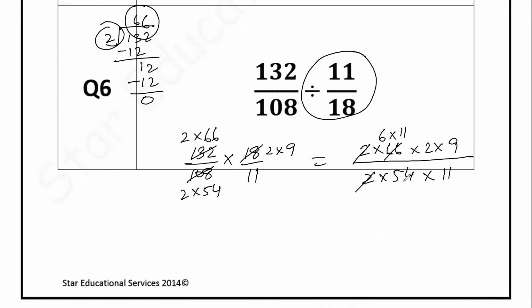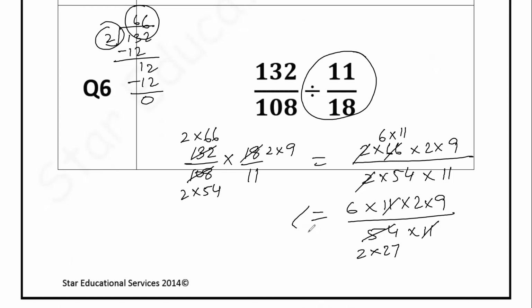And so we know that 54 is 9 times 6, but we're going to hold on to it. We're just going to rewrite it down so that it looks neat. 11, 11 cancels, okay? Now, we know this is 6 times 9, but we're going to stick to our 2 times 27 thingy. So what we get is 6 times 2 times 9 over 2 times 27,